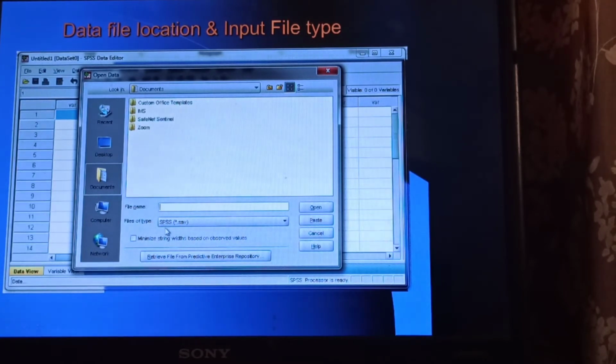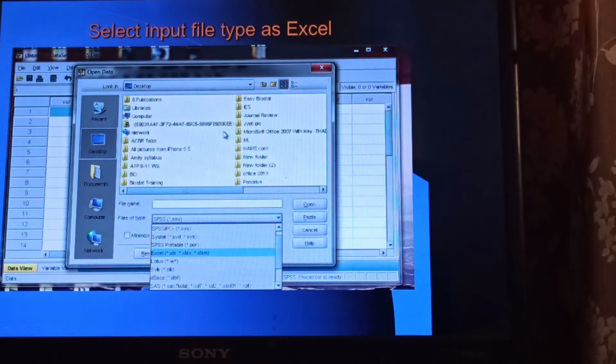By default SPSS takes it as if it is an SPSS file, but we have an Excel file, so the file type we have to change. And the file name also, what file name we gave for the 20 patient data, we have to see. So instead of SPSS file type, I am selecting Excel type. Then I am clicking this, I will get Excel here.